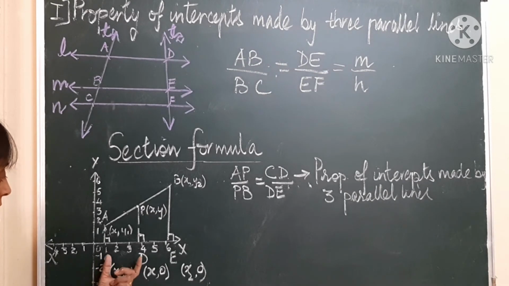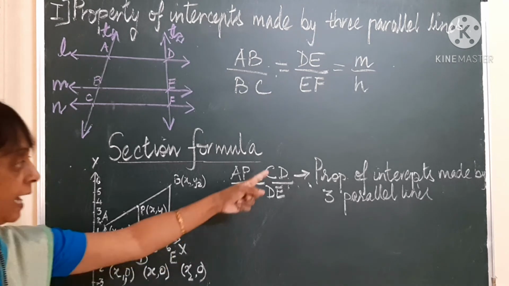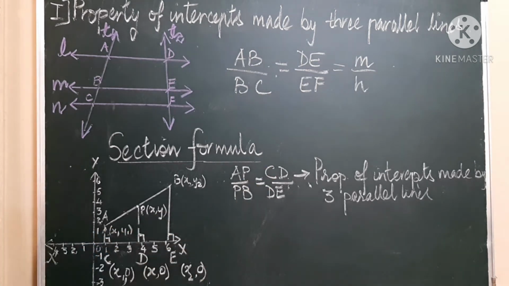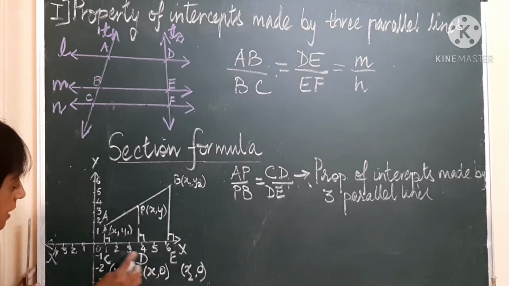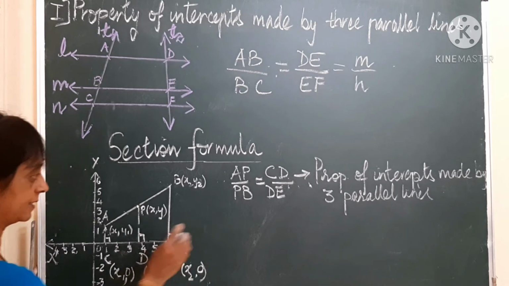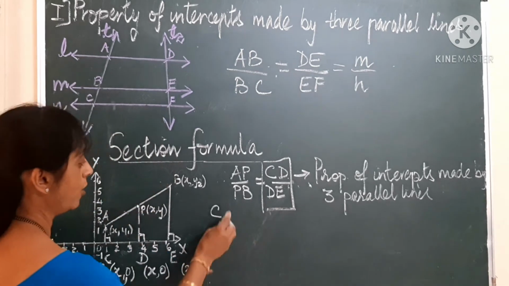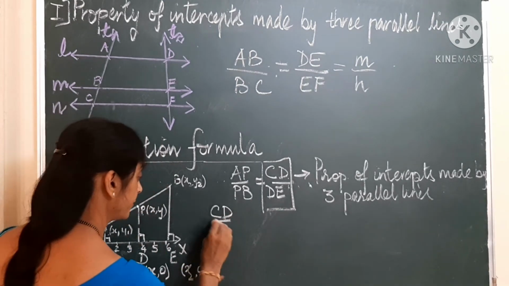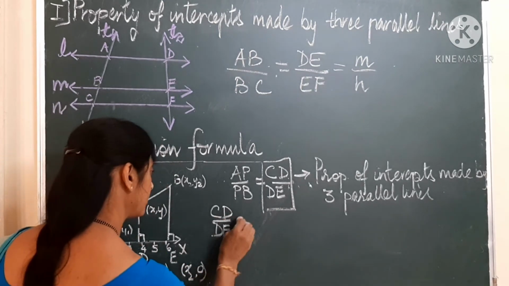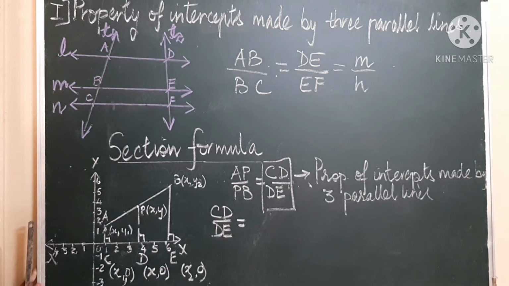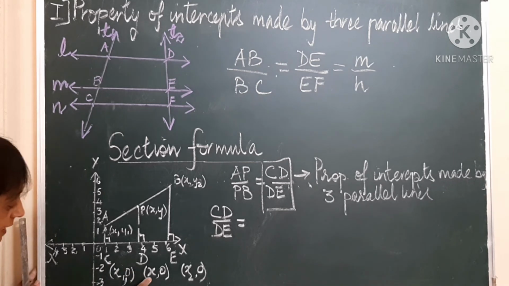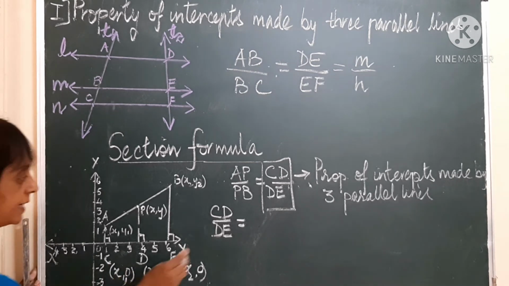If we see how much is CD, can we calculate? How much is DE, can we calculate? Let's begin. Now CD, both the points are lying on the x-axis. So let's calculate CD upon DE. How much is CD? It will be the difference between the x coordinates, that is x minus x1